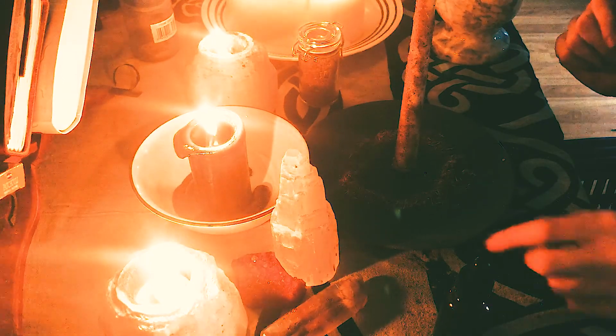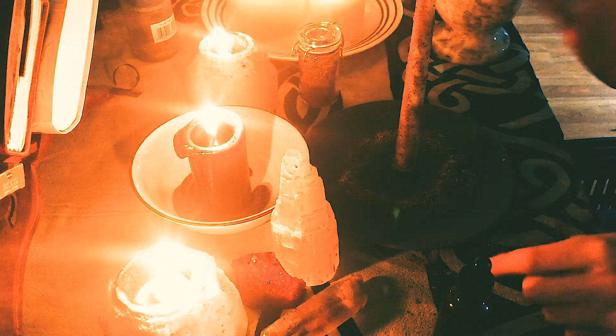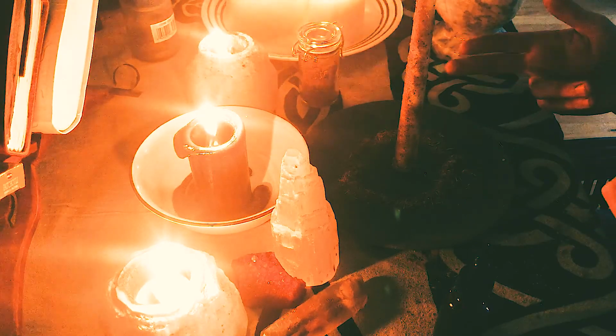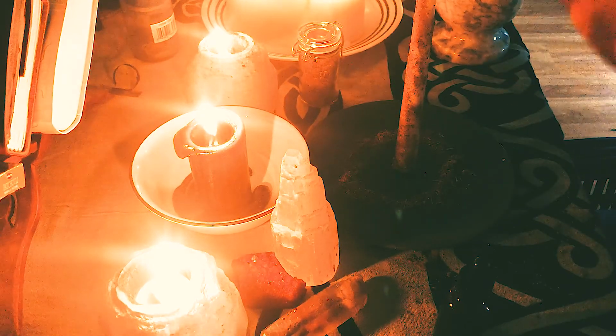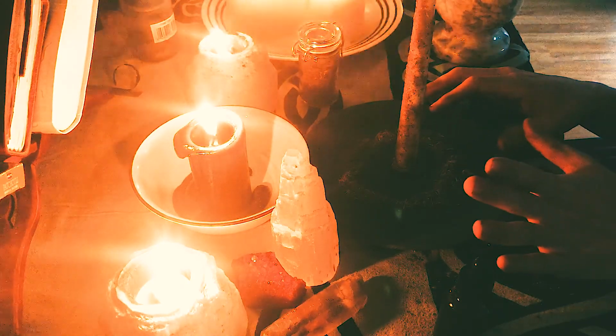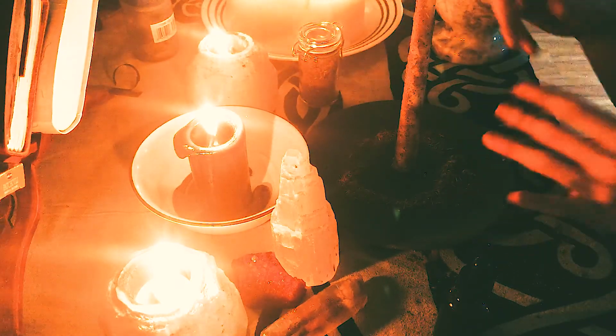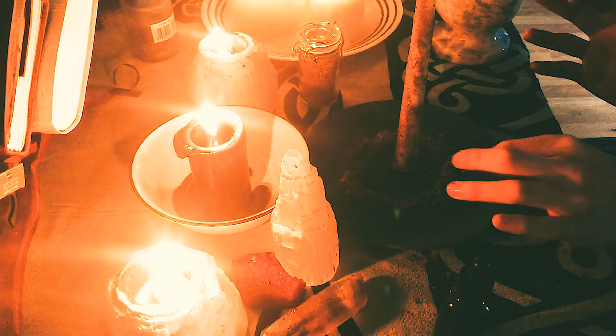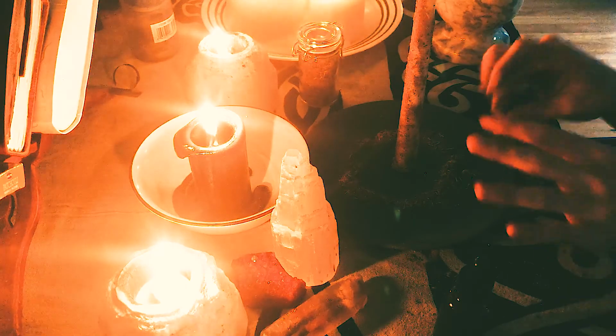What I want you to pay attention to, and I always check on my candles. I don't just light the thing and walk away. I will be checking on this from behind the camera to see what's going on. But what I want you to pay attention to is the flame and which directions the wax is going. And then we're gonna come back after the time lapse and we're gonna read the candle wax stuff leftover jazz